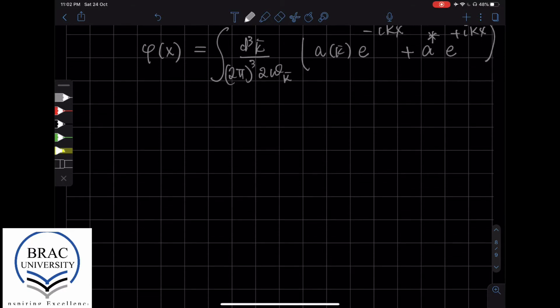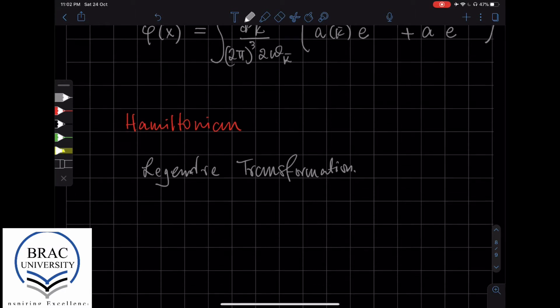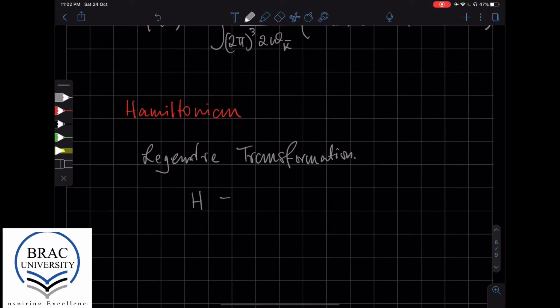So next, what we're going to do is work out what the Hamiltonian of this theory is. So remember that in classical mechanics, the Hamiltonian is related to the Lagrangian by a Legendre transformation. So a Legendre transformation gives us a Hamiltonian. So you start with the Lagrangian, we subtract from it